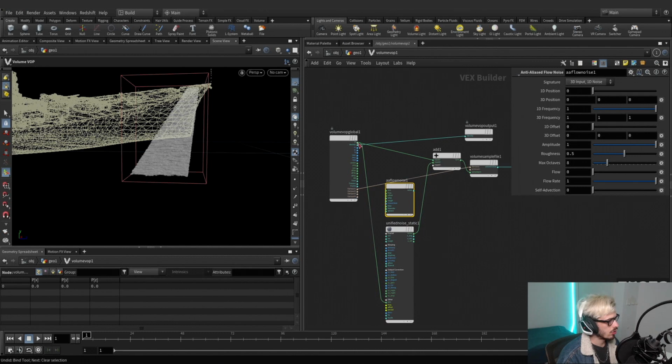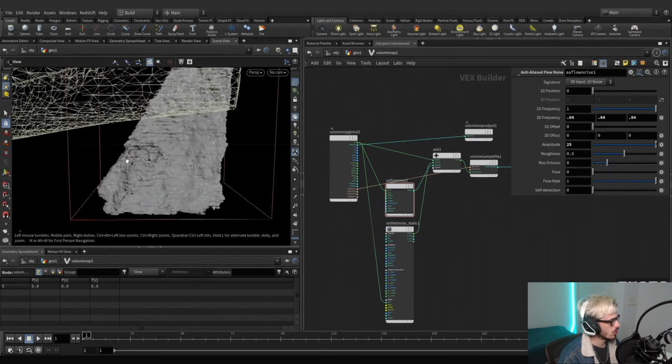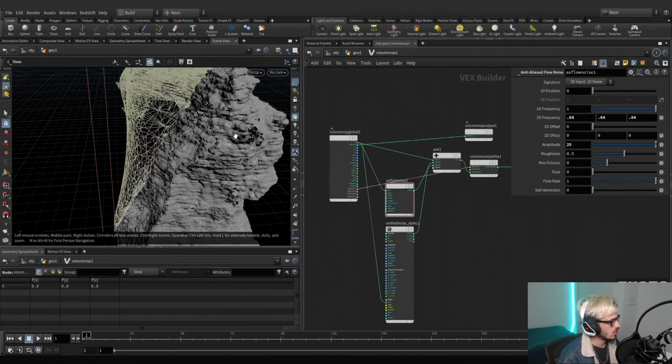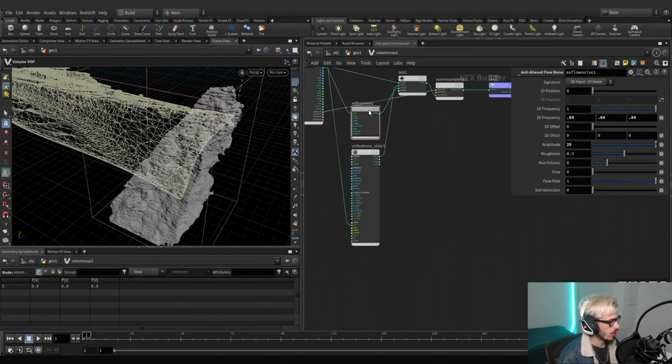We want this one. So let's plug the position to the position, and this will be set to 0.05, 0.03 and 0.04 with an amplitude of 25. Let's see what happens. Now we're talking. This looks way better. We have this clipping issue, we need more voxels, and we can copy and paste this